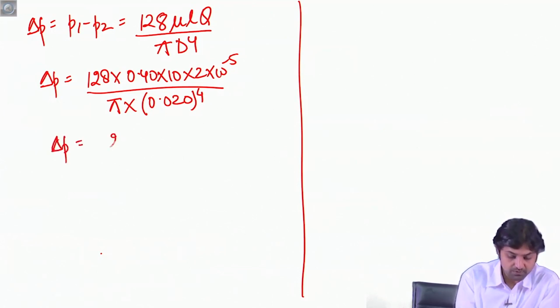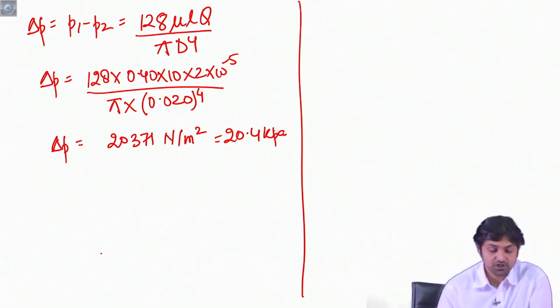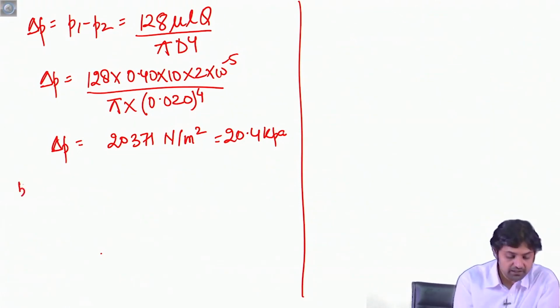So pressure drop is going to be 20371 Newton per meter square or 20.4 kilopascal. This is the pressure drop that we found out using the Poiseuille's law. The second part says